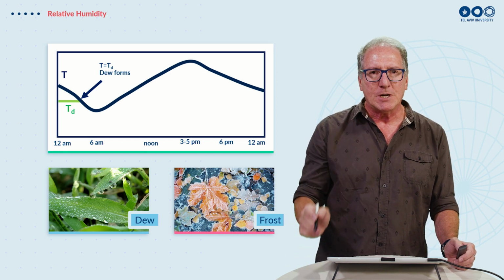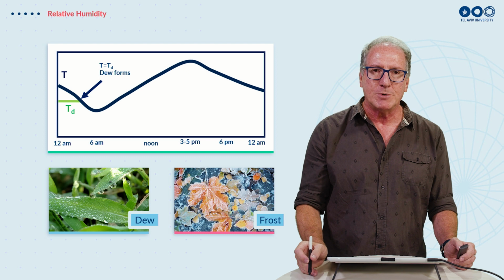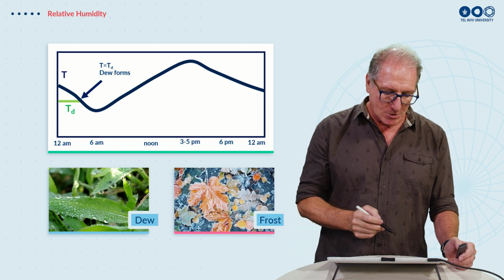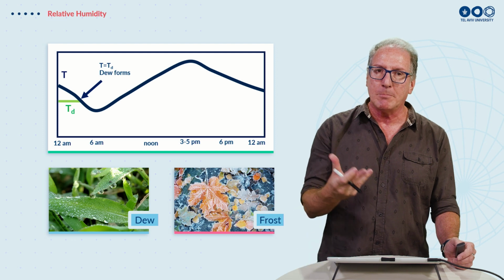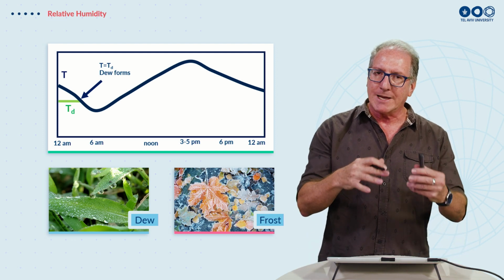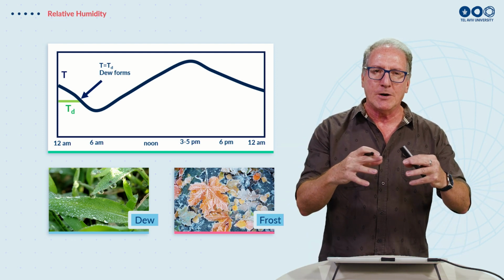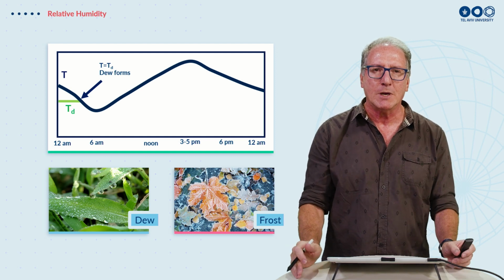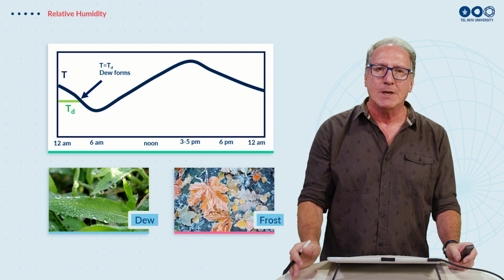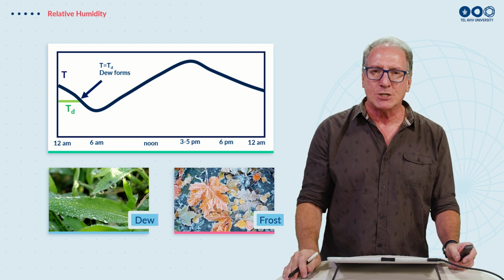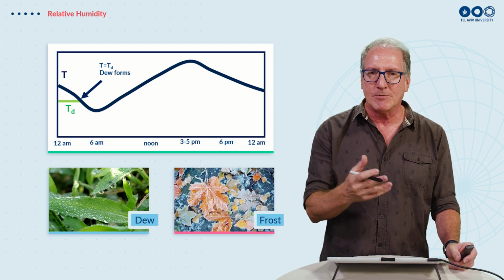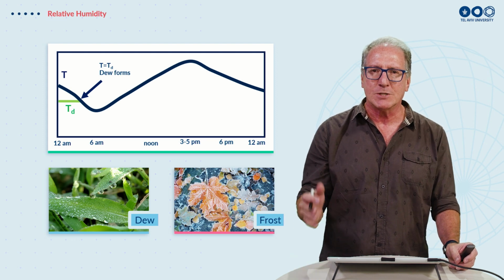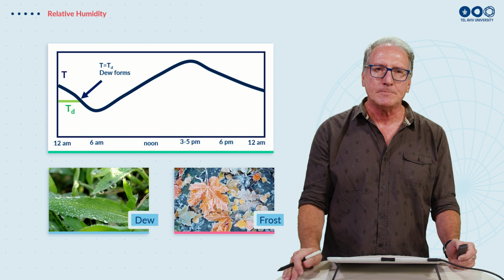If the temperature drops below the dew point temperature, shown in green here, TD, during the nighttime, then we'll start to see dew forming on the plants at the ground. Because like the fog, the water in the air around the leaves is becoming saturated, and we can have droplets forming, water droplets on the grass. And if that temperature is actually below zero, then instead of water droplets, we'll get ice crystals forming on the plant, and that's what we call frost.